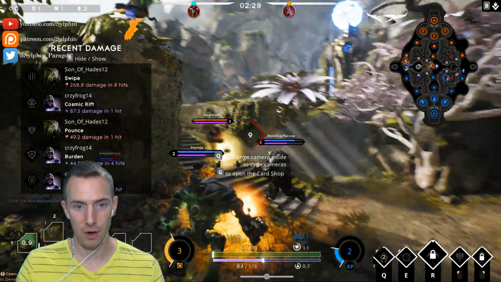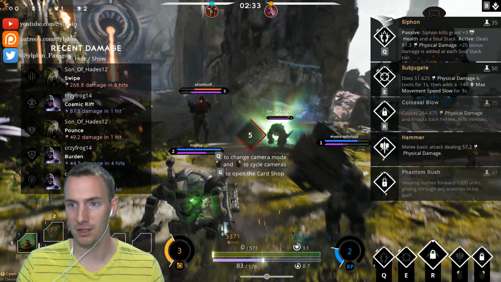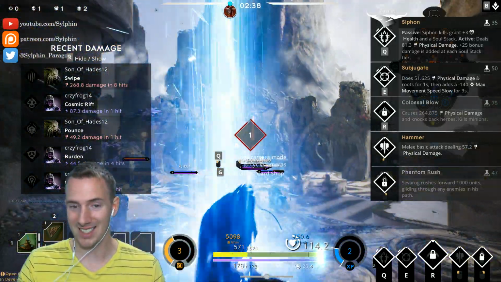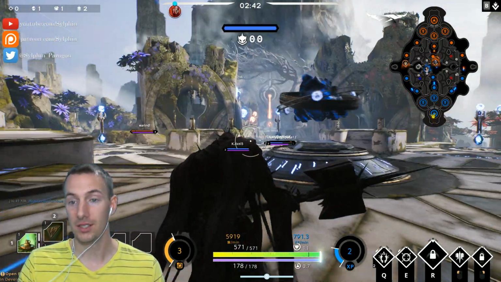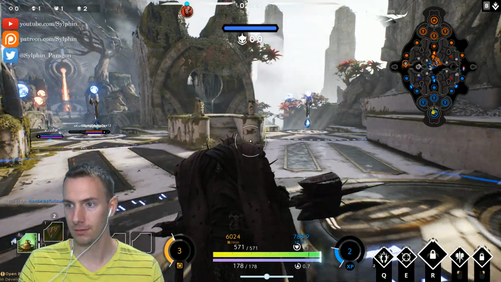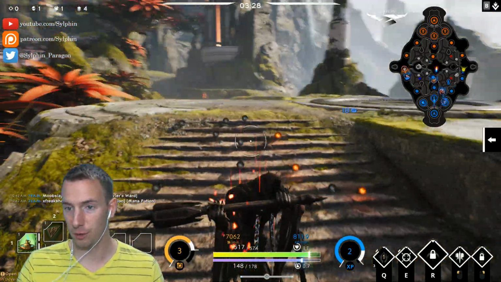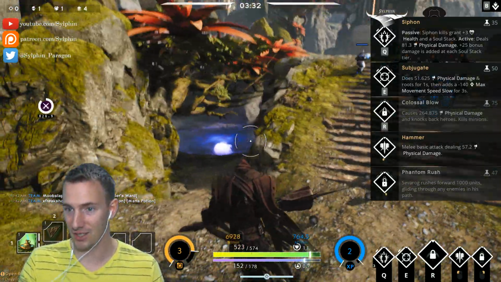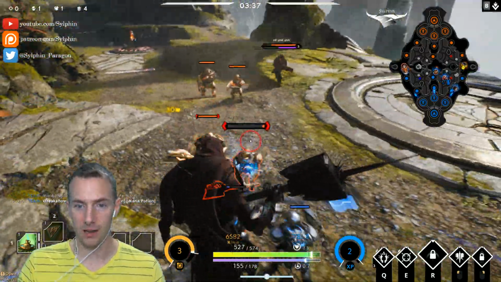What a start. The very first ability we got was Siphon. It's his passive ability. Siphon kills grant 3 health and a soul stack. That is definitely the first ability you have to go for with Sevarog. So why is that the very first ability you have to go for? Simply because you need to get those stacks as fast as possible. So there's the active part of it as well that gives you a